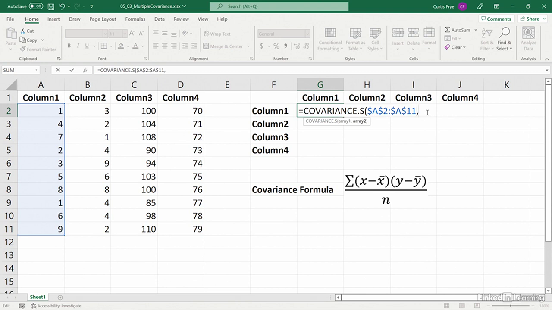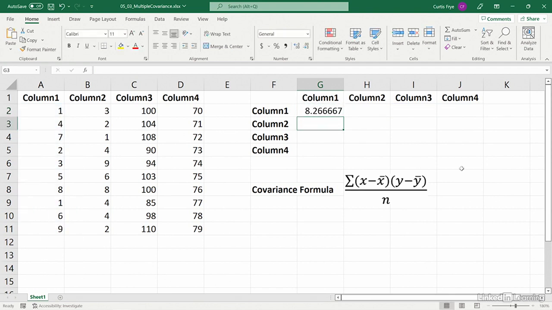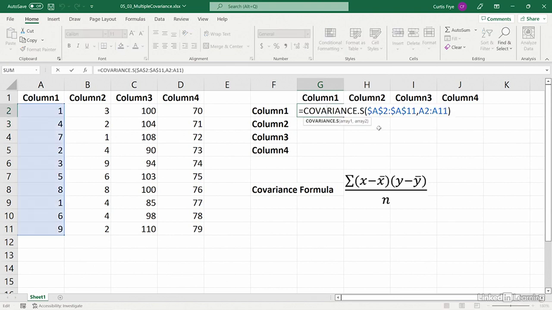Then type a comma and A2 through A11 again. So I'll just select those cells. Now I'll type a right parenthesis and enter, and we get a value that actually doesn't mean anything. But that's fine because we have a base to work from now. I want to copy the formula that I just created down to cell G3 so we can compare column 1 and column 2. So I will double-click cell G2,